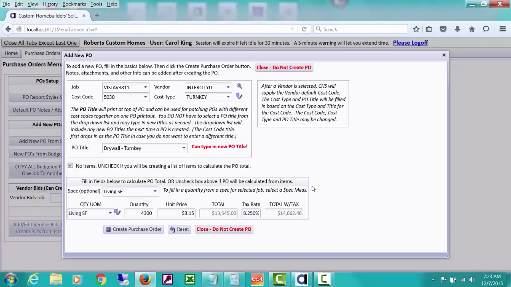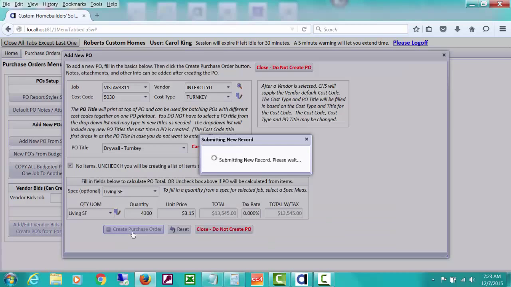We're going to remove that here in a second, and you can then get the total with tax, the tax rate and the total with tax for the PO. We're going to set this back to 0 because we're not going to have any tax on this one. So then when I create the purchase order,